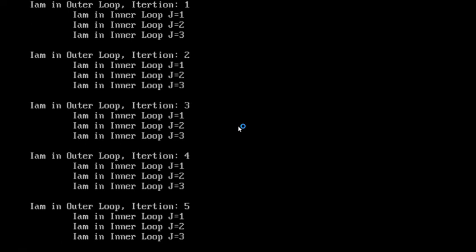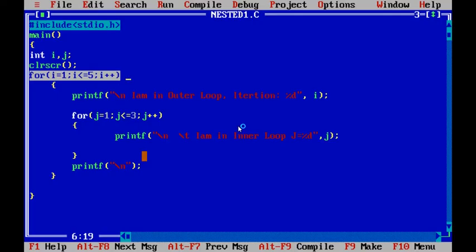If you count the outer for loop 1, 2, 3, 4, 5 times, inner for loop 3 times inside the outer for loop, that's why it is executing 3 into 5, that is 15 times.